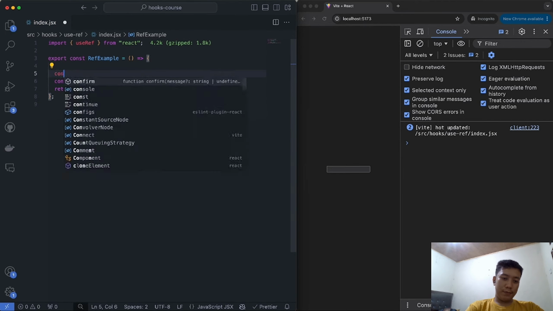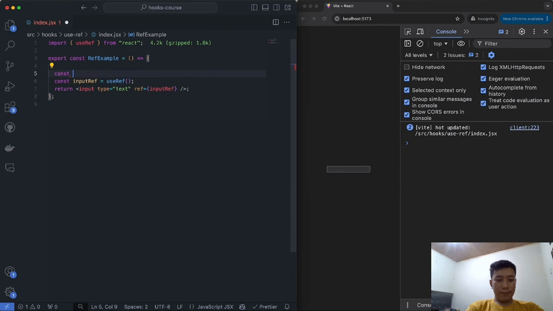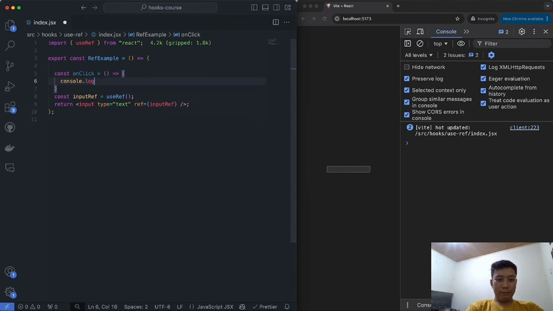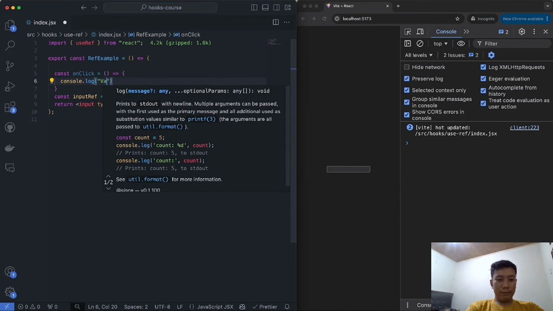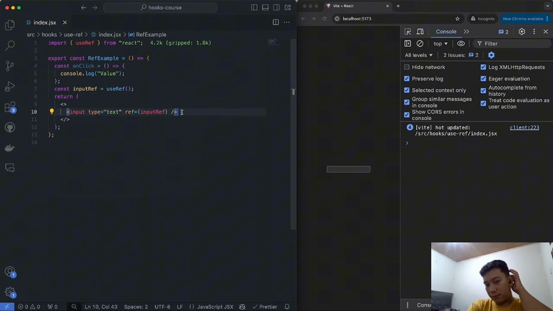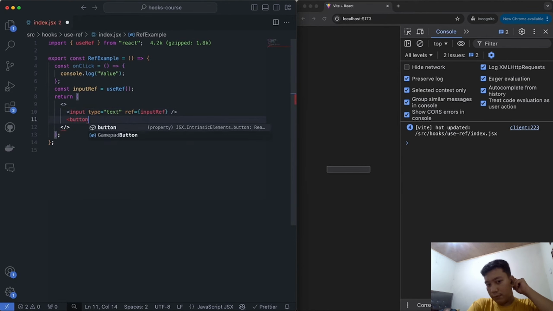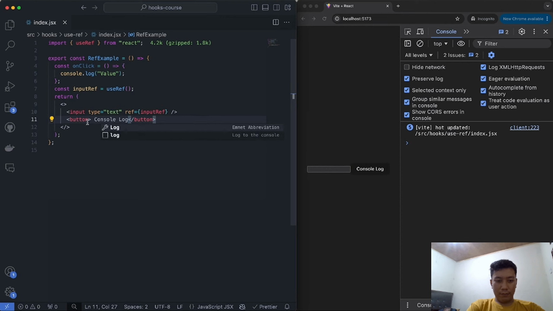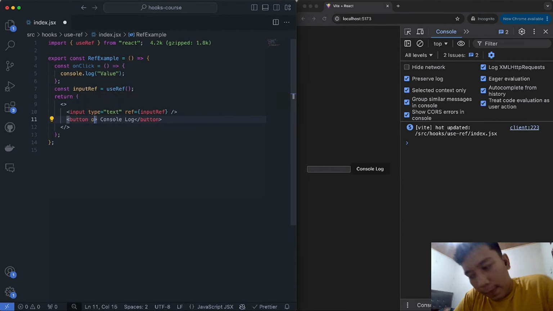Now, if I want, I can create here a button that, let's call it on click. I'll create a function that all it does is just console logs the current value of the input whenever we call this function. To do that, I'll create over here a button right next to this input. So we'll create the button and we'll call it console log. Sorry about that, console log. And we'll pass in this on click to this button. So on click